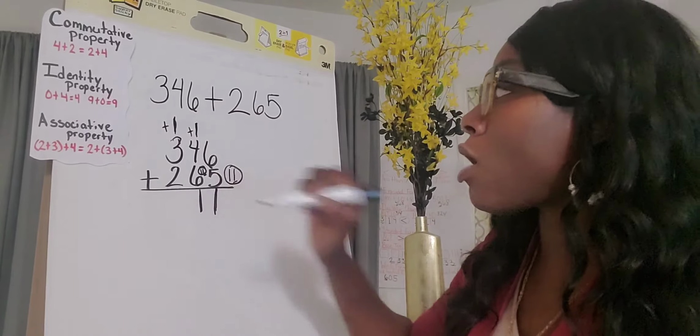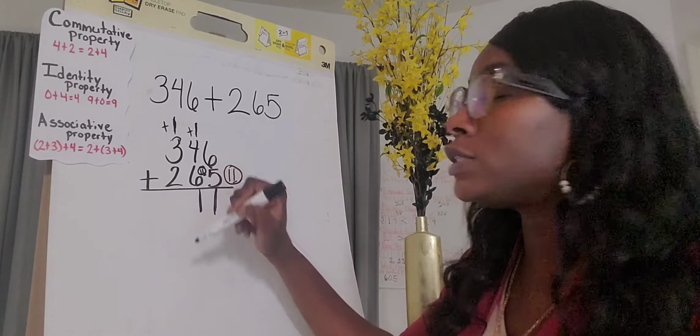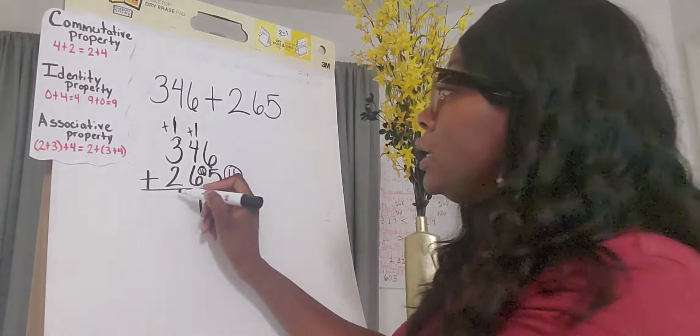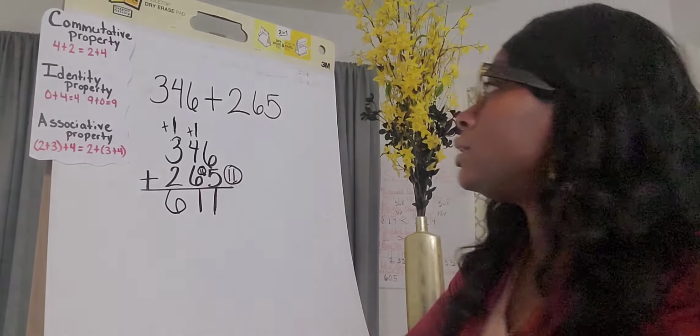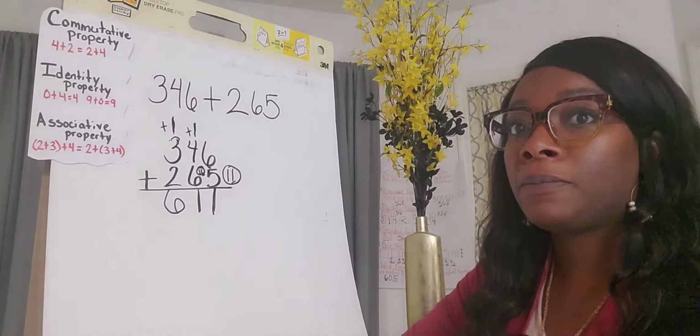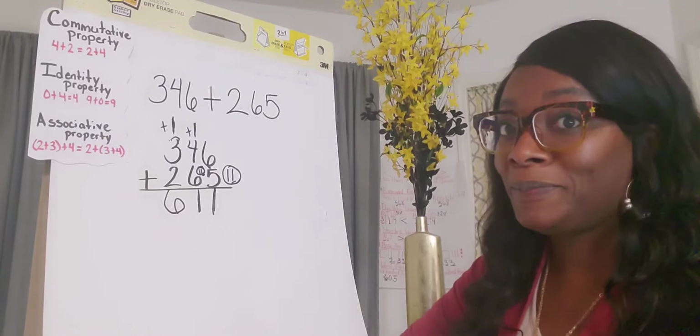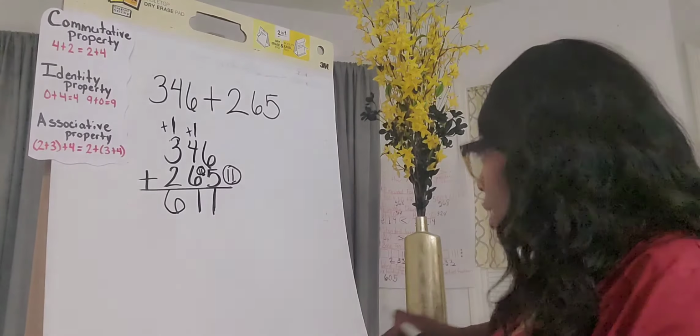So now I can add all 3 of those numbers. 3 plus 2 is 5, plus 1 more is 6. 611. Got it? Now, let's try this same problem